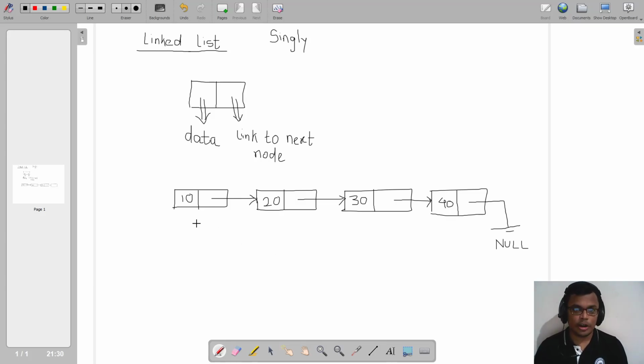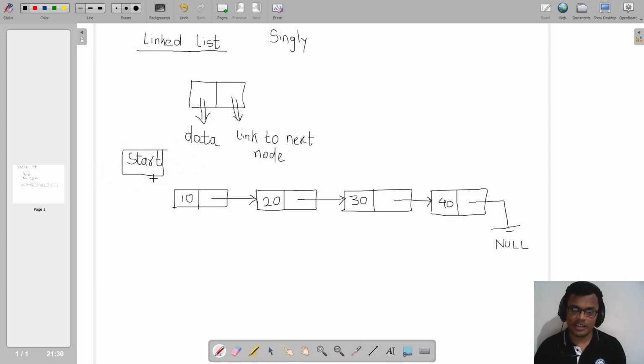Similarly, in order to identify the first node of our linked list, we use one external reference pointer called start. What is start? Start is an external reference pointer. It is a pointer variable basically, or you can say it is a type of link also. All these fields, all these links, are pointers.